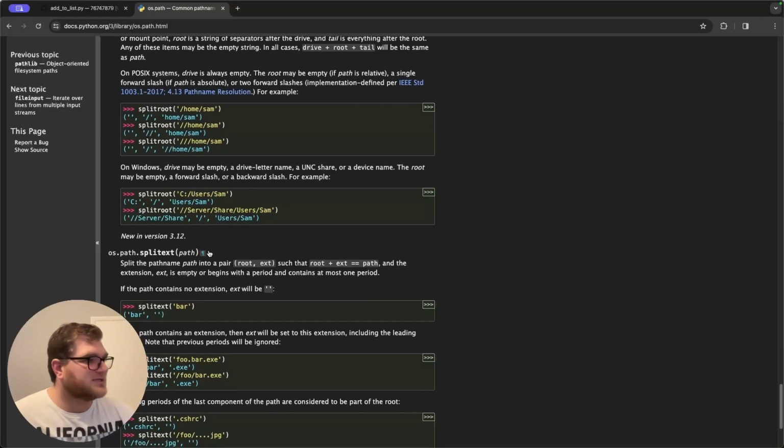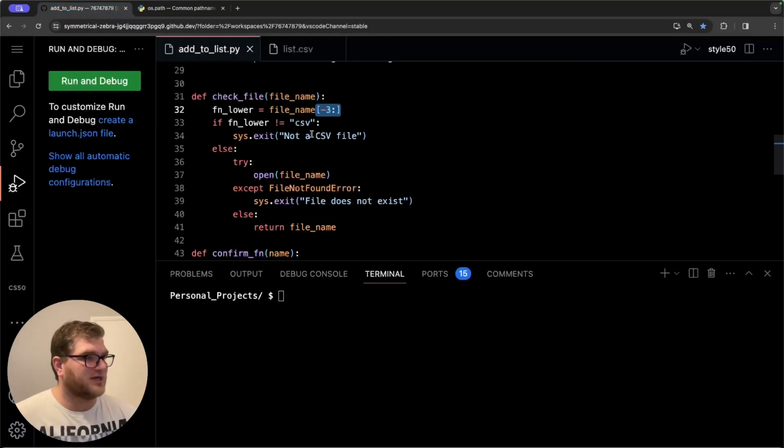Okay, so here it is. It's os.path.splitext and then in brackets the path. So I can actually get rid of this. I can neaten this up a little bit already. I think so. If I do,